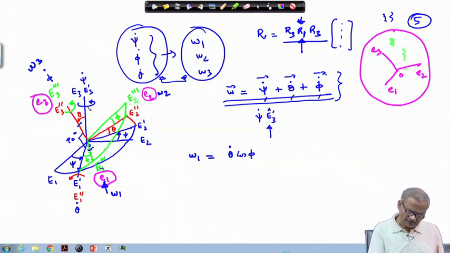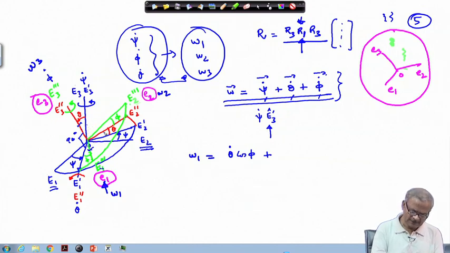However, because this E 1 triple prime, or the E 1, has gone out of the E 1 E 2 plane, it will have a component along this direction. To get the component of this along this direction, we need to work it out. The next part we have to do, we will break it systematically. So, psi dot, this angle is not directly known to me, so I cannot break it along this direction.